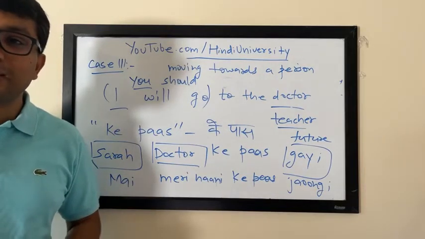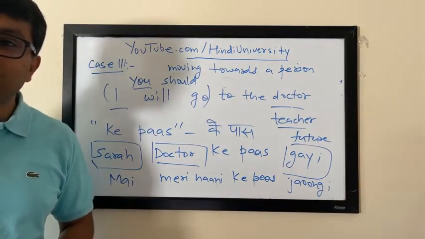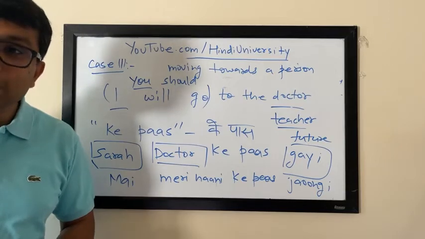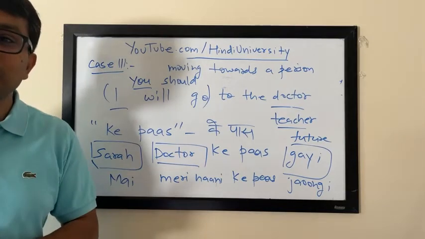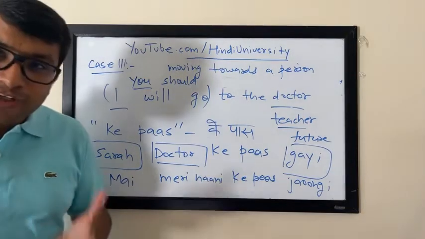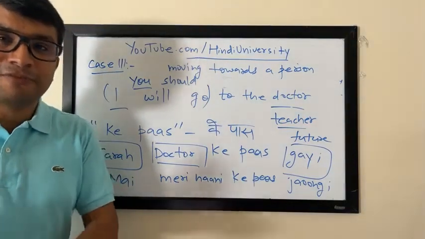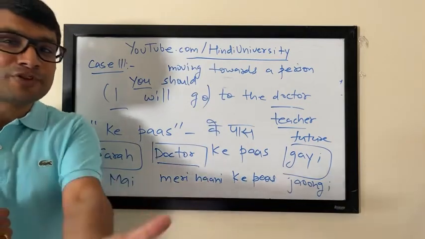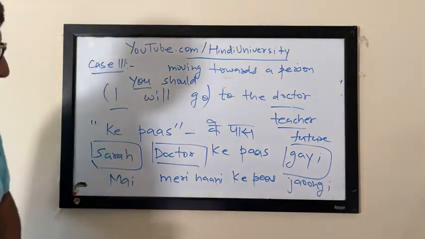If you want to say "mujhe Kelly ... jana hai," that is only toward a person. So "mujhe Kelly ke paas jana hai," because then you end up using "ke paas." That's a good confusion to have, because it's no longer office, you're going to a person. So that makes sense.